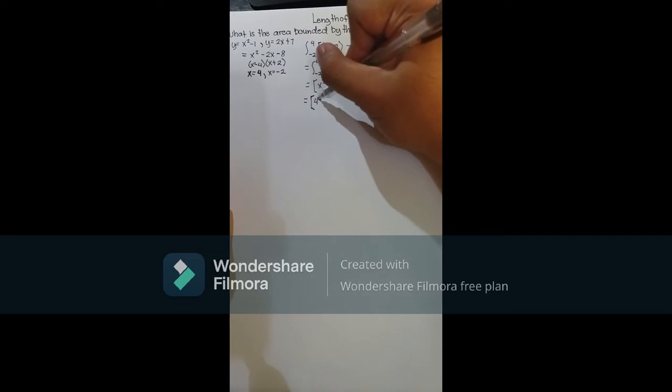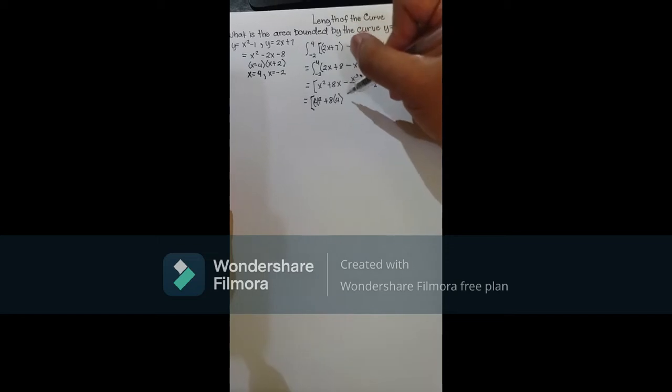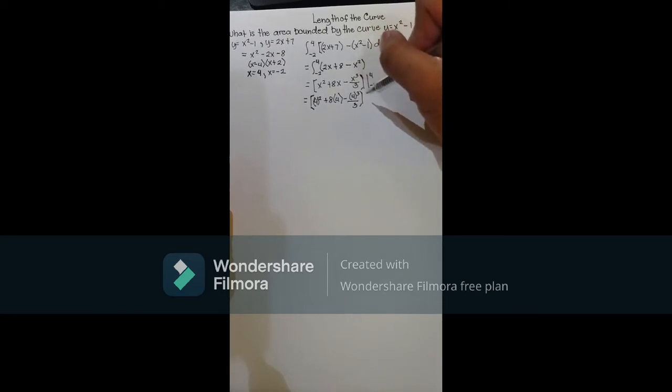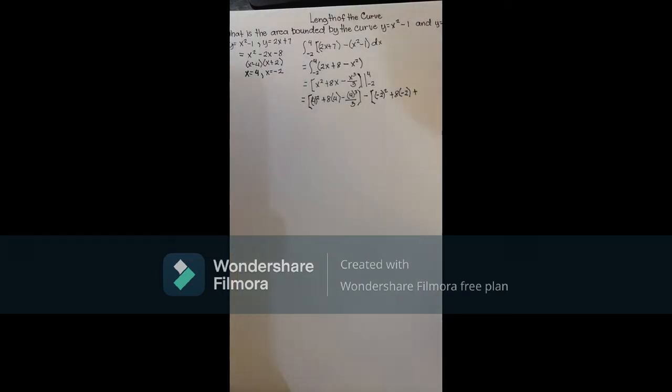So we get 4 squared plus 8 times 4 minus 4 cubed over 3, and then substitute negative 2 into the other, into the terms. So minus, negative 2 squared plus 8 times negative 2, minus, sorry,